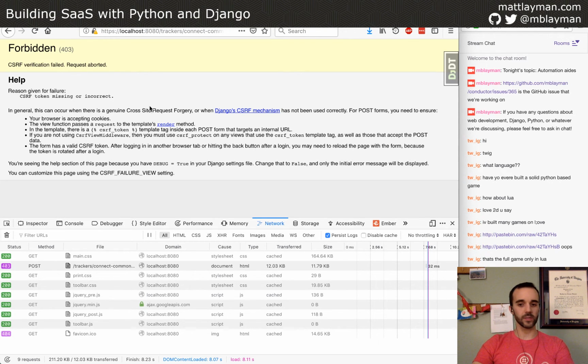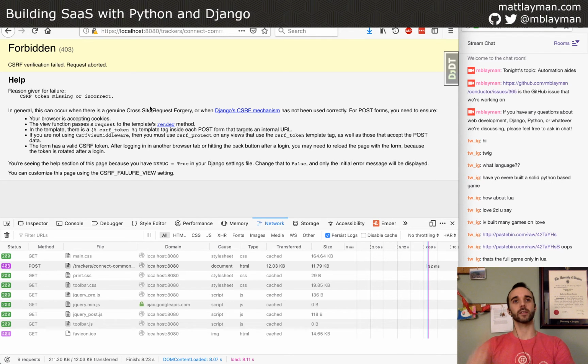Cross-site request forgery is a way that your website can be exploited. It is a kind of deep security subject, but the important thing to note is that Django has tools to mitigate, to fix this problem.